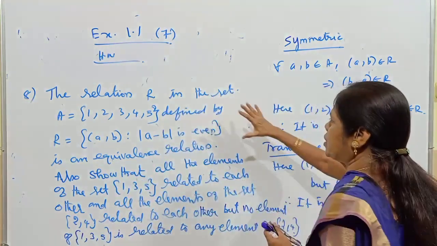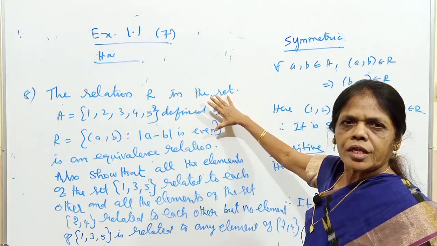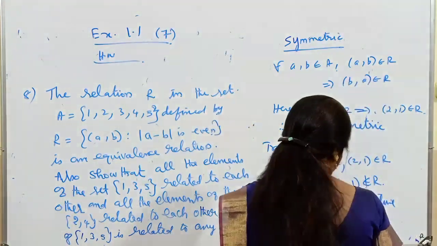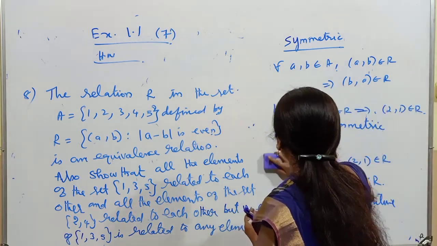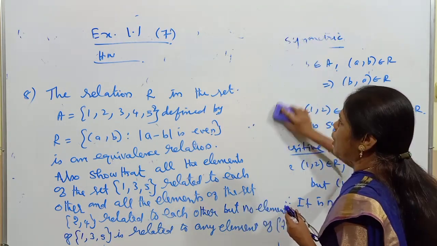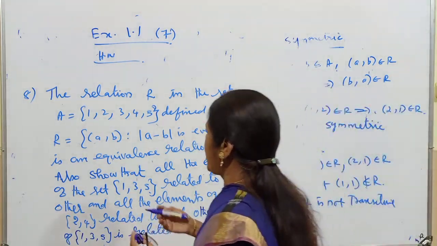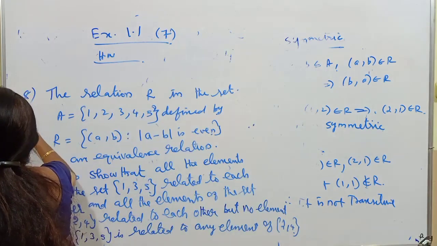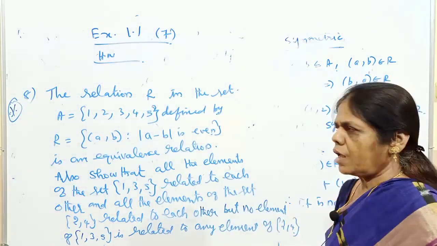Only for each first part they will ask. Because it is a 3-mark question, they will ask you only the first part. Okay, now we will prove the first part first. Again, I am going to tell you how to write this. It is an important sum again, a 3-mark question, they have asked this sum most of the time. You have to follow the steps that I will be telling you.